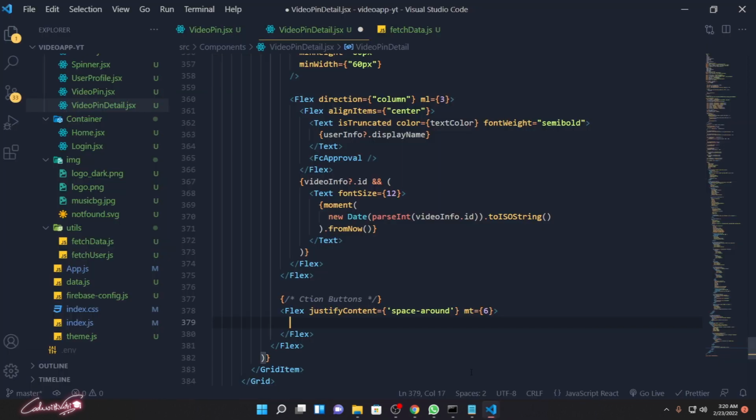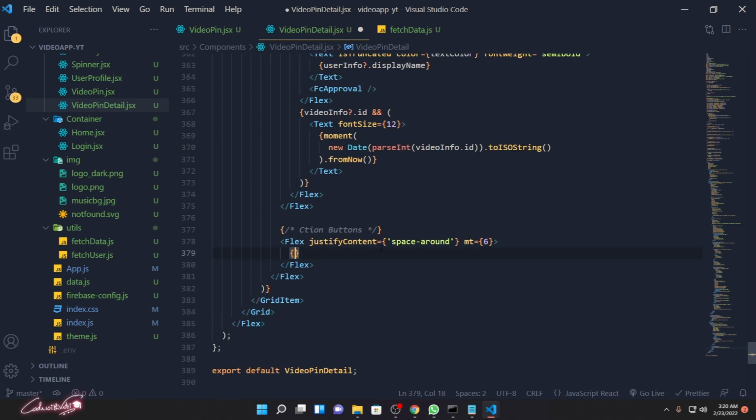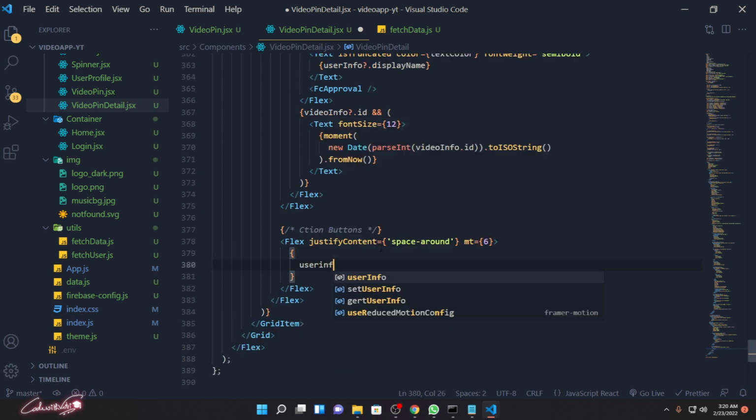To do that, what we need to do is I need to check it. If the user info dot uid is equals to,